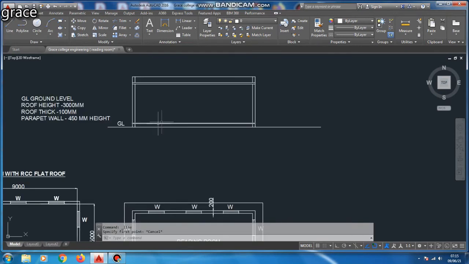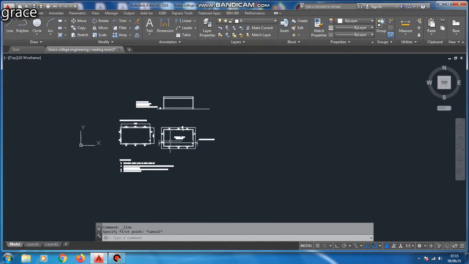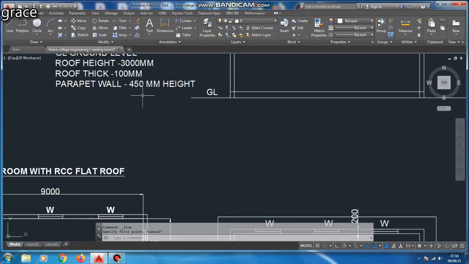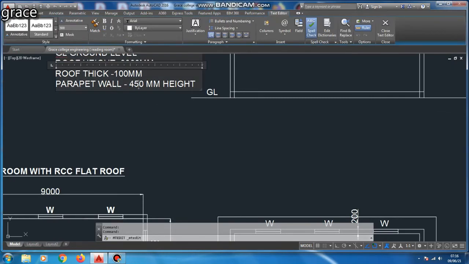Next, we are going to add some specification in the existing dimension style. So the overall basement is 300 mm, roof height is 3000 mm, and roof thickness is 100 mm.